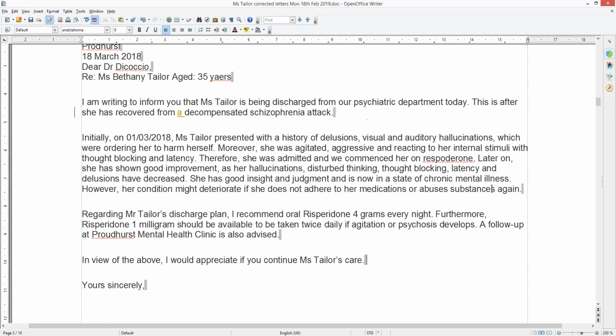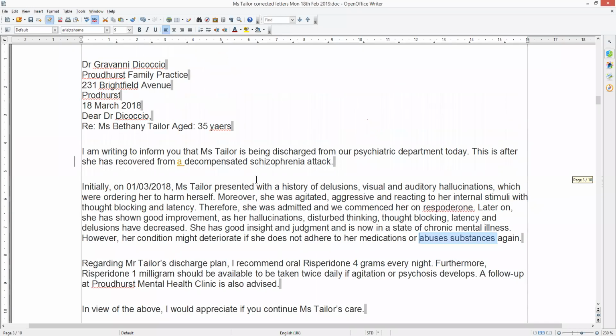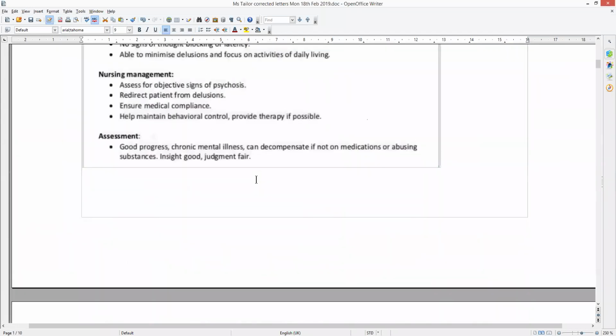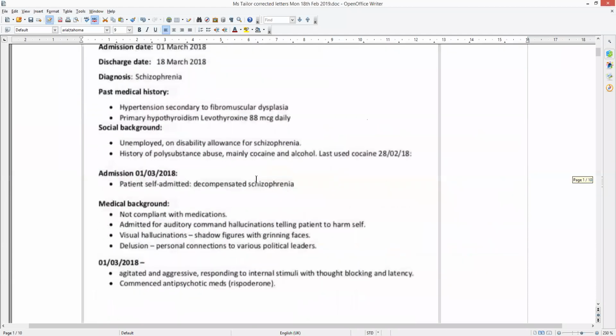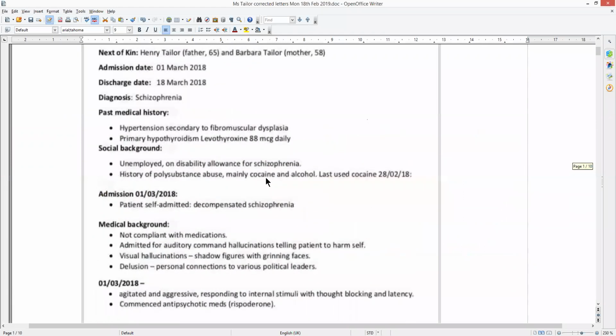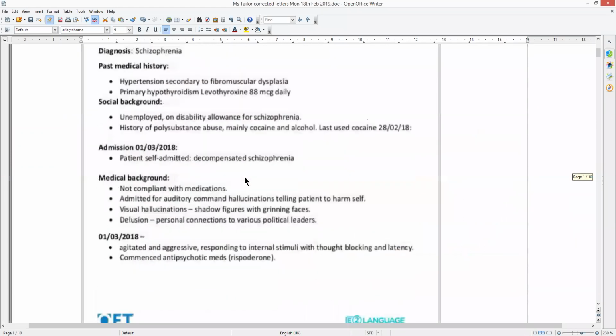You mention abuse of substances, but nowhere here do you say what those particular substances are. So you need to really say that. I mean, if we go back to the notes, the GP would actually probably know that. But still,